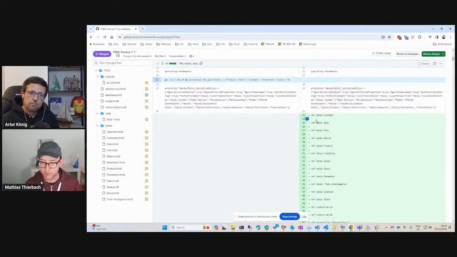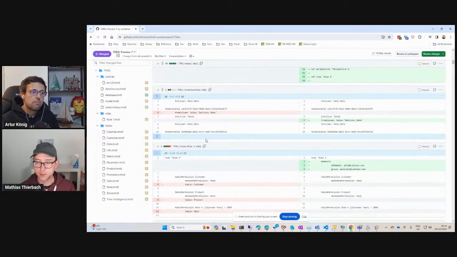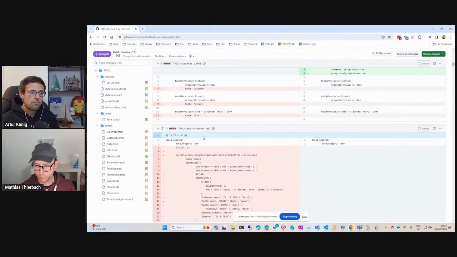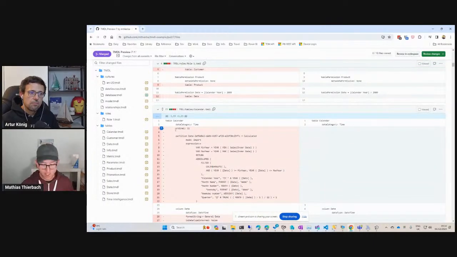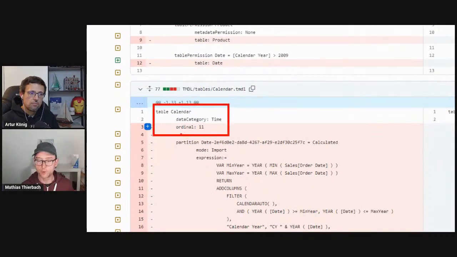So again, TMDL originally had, if I go to a particular table, this way of ordering. It basically invented a new property called ordinal, which does not exist in the tabular object model. But it emitted tables, for instance, with an ordinal property, allowing us to put an explicit order on our tables